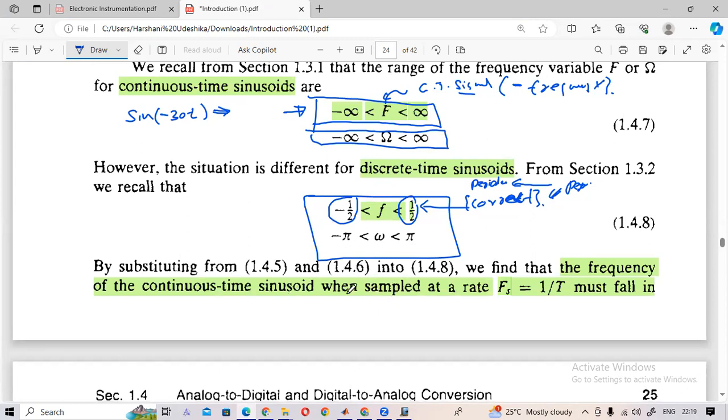Your period should be an integer value. So you can see that. For example, if you consider